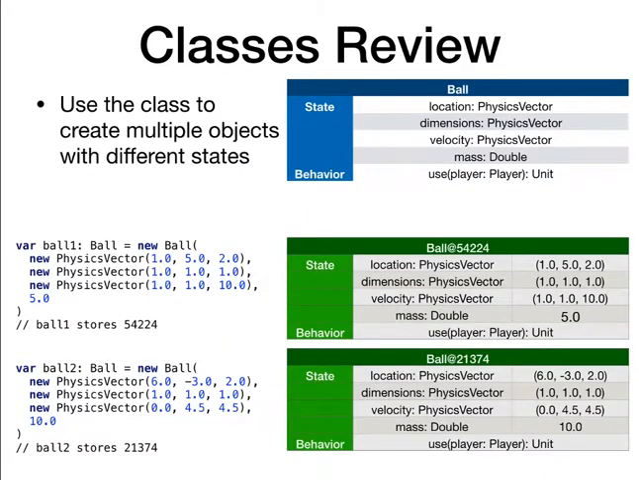So if we want to use our ball class, we'll call this constructor a few times, create a few balls to add to our game world. They can have different velocities, different locations, different dimensions, different mass. And we're going to use this class to create multiple instances of this, create multiple objects